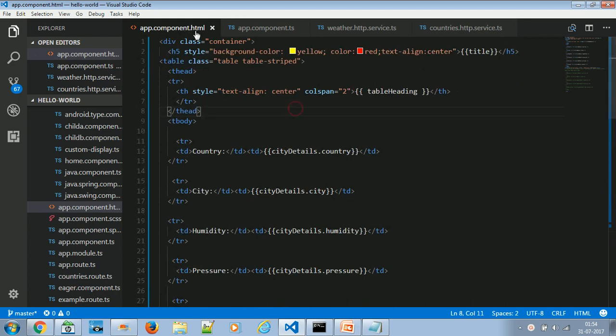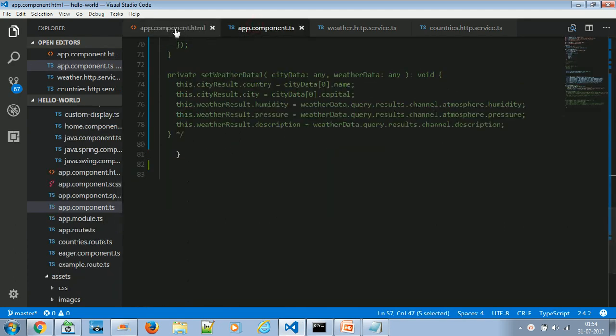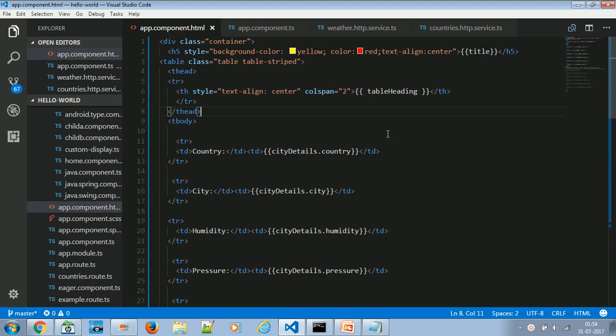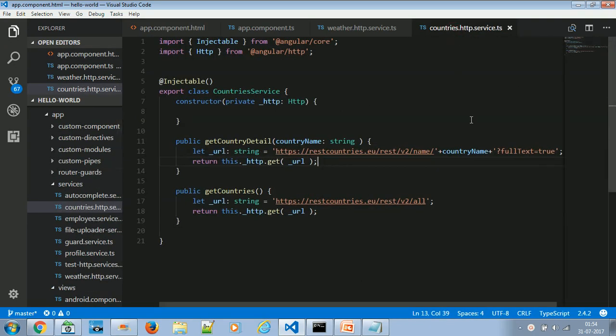Before discussing in more detail in the code base, let us first have a look at the services which we'll be using. We'll be using two services. One is the service related to countries, which I already discussed in one of my previous sessions, using the HTTP GET method in Angular 2 and 4. You can refer to that. This is the same file I'm using. The only thing is I'll be using only this method over here.